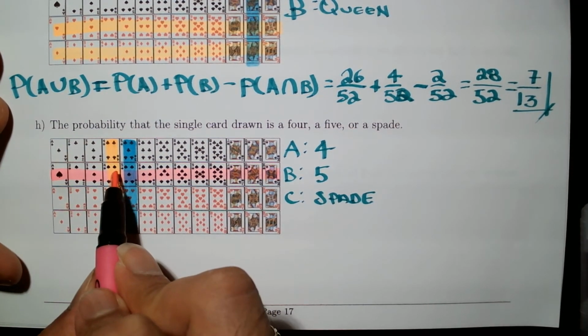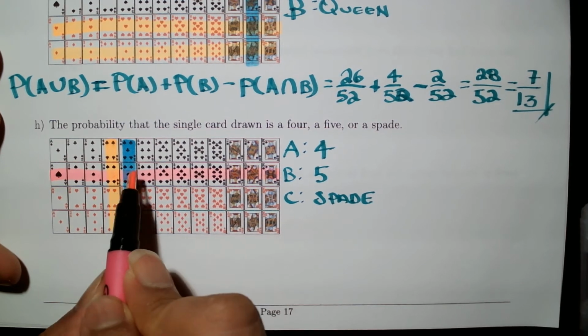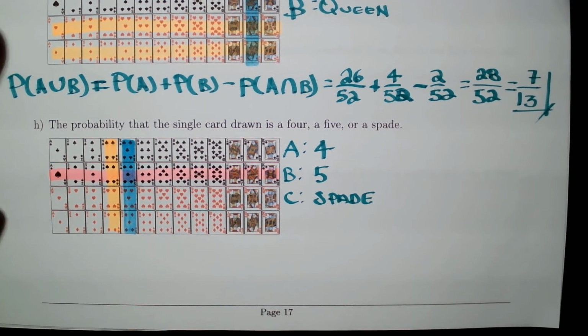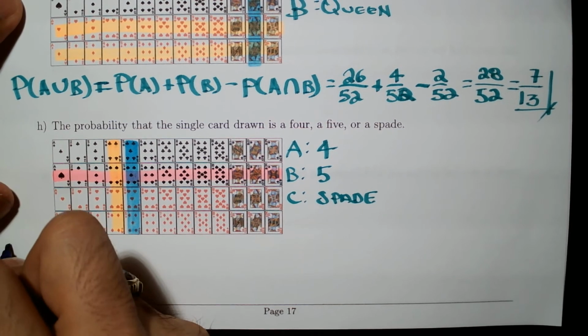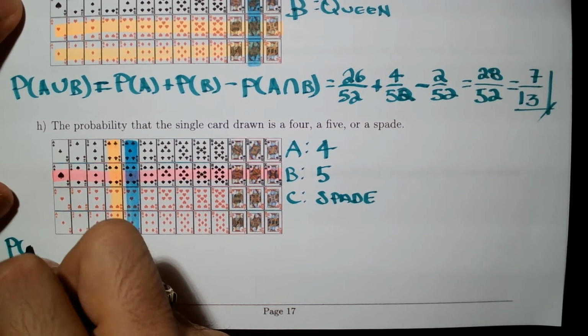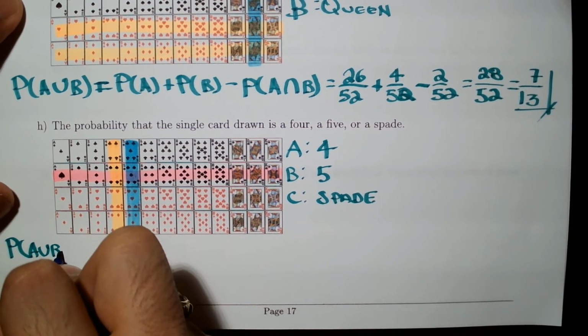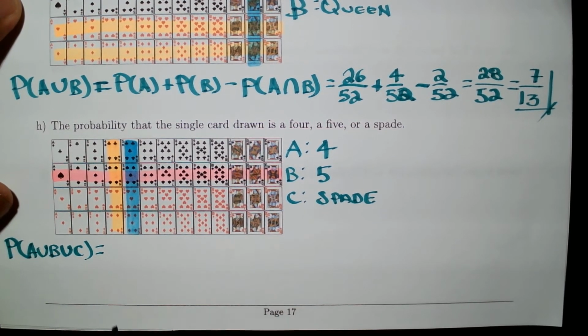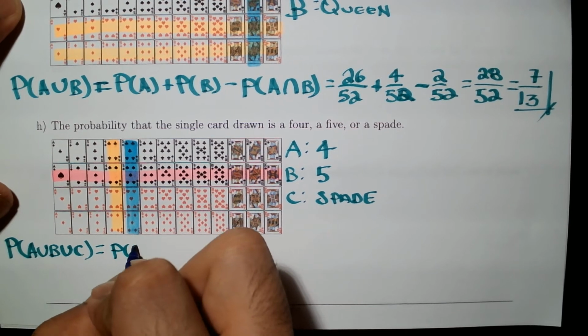Now, keep in mind that in this case we are going to have 2 different overlaps. Alright, we are going to define those very, very carefully. So we are going to look at the probability that the event A or B or C, which in this case as usual is the sum of the individual probabilities,